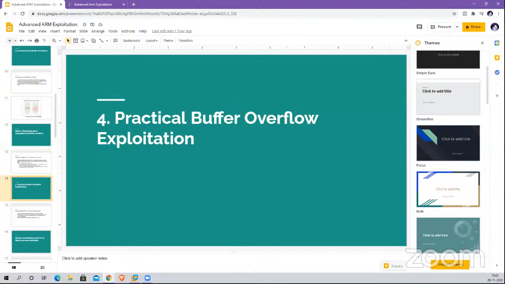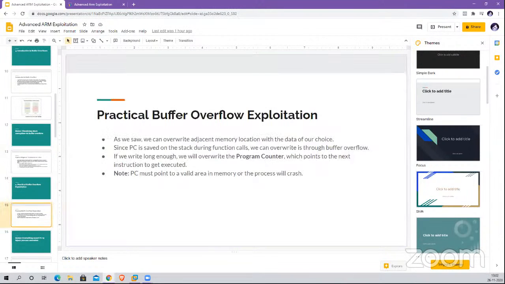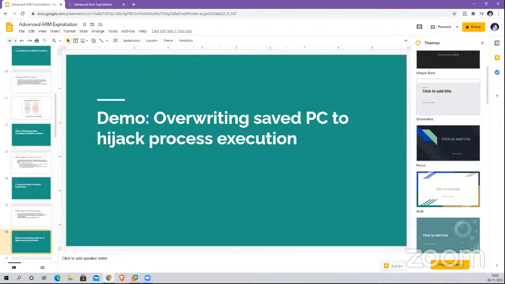to practical buffer overflow exploitation. As we saw, we can overwrite a memory location with the data of our choice. Since the PC, or the program counter, is saved on the stack during function calls, we can overwrite it through buffer overflow, as we have actually seen, right? But the only problem is the PC must point to a valid area in memory or the process will crash. So